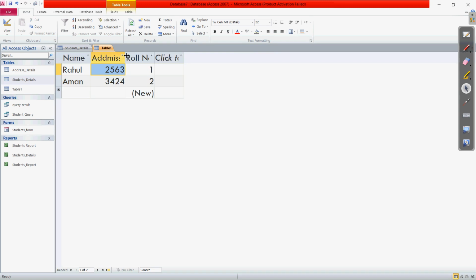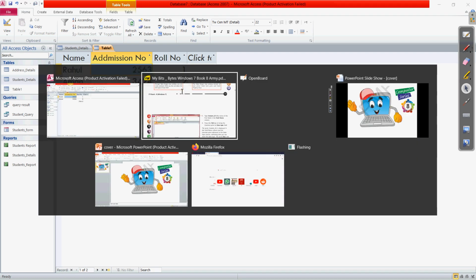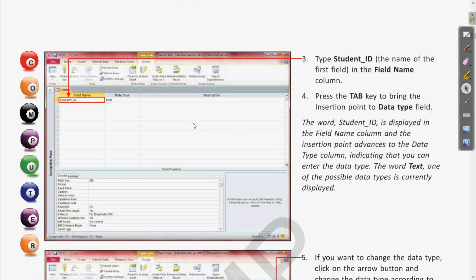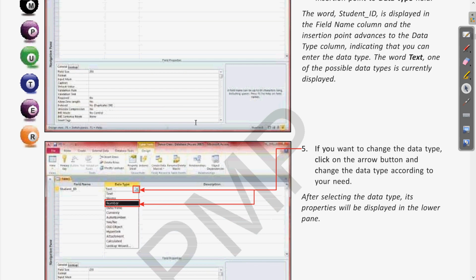Okay, so this way the values and the data type can be chosen and entered in the data sheet view or the design view as well. And the data type, as you can see, we have given the option of auto number, that is why the roll number column is automatically being filled. Clear? So if I come again to the existing database, this was about how to create a database in the design view, and we can choose the data type.